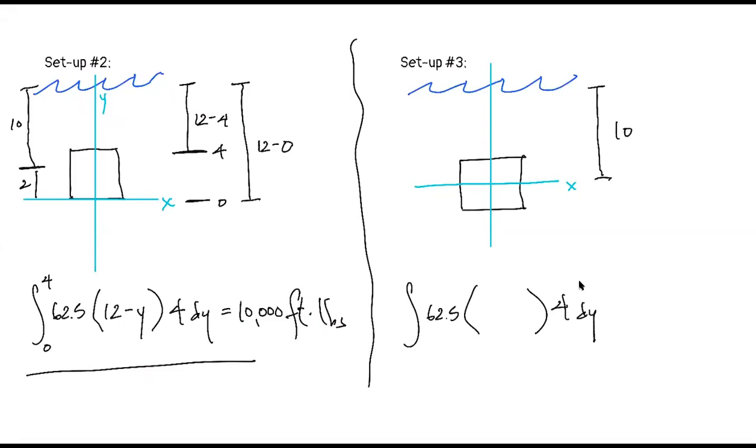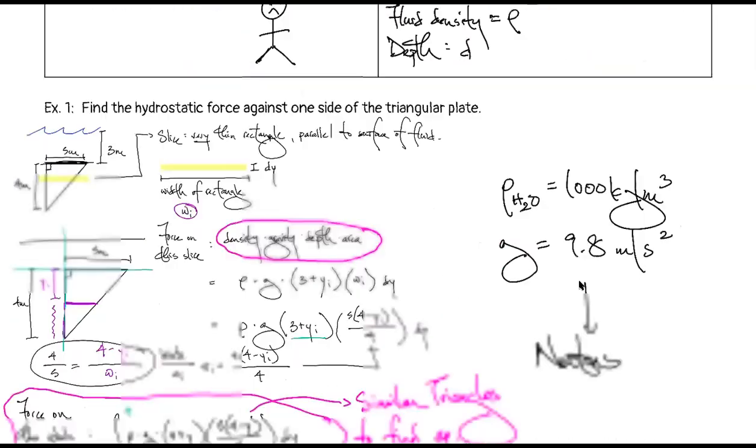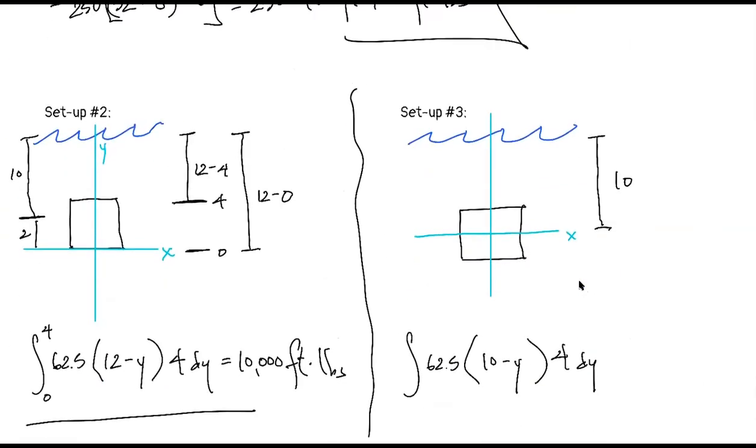All right, so based off of what we've seen so far, what do we think we should put in for our distance? 10 minus y. Maybe. Why do we have 10 minus y? You're correct. Because the x starts off at 2. I mean, from the top of the surface to the x is 10. Exactly. For the same reason before we put that it was 12 minus y, because we went all the way to the axis, right?